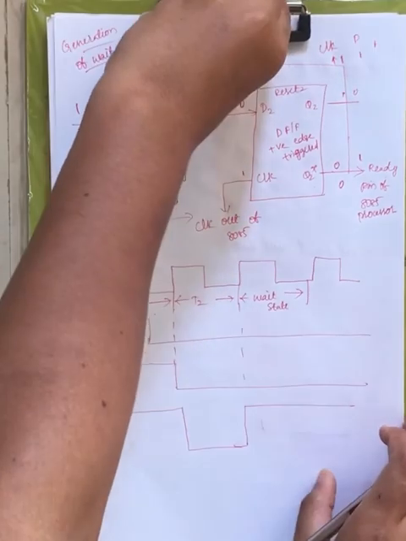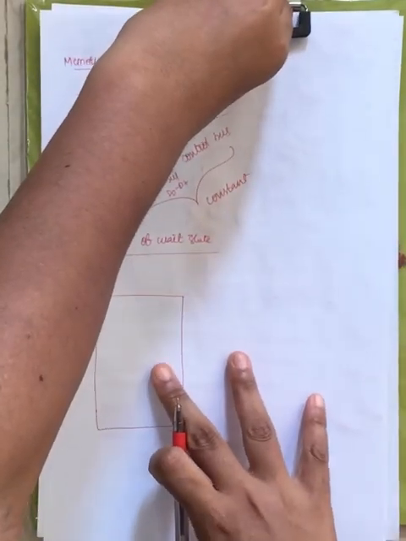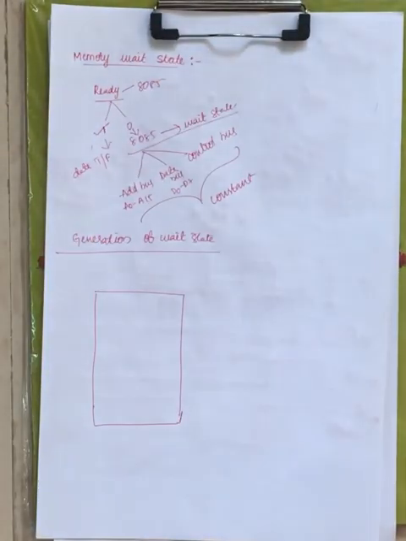Now let me briefly explain again, then you will have a clear idea. Coming to the wait state, the microprocessor is entering into wait state. There are some applications where the memory systems and IO systems also have wait states. Not only memory, IO wait state will also be there. But in your syllabus, you have only memory wait state. That's why I am explaining this.